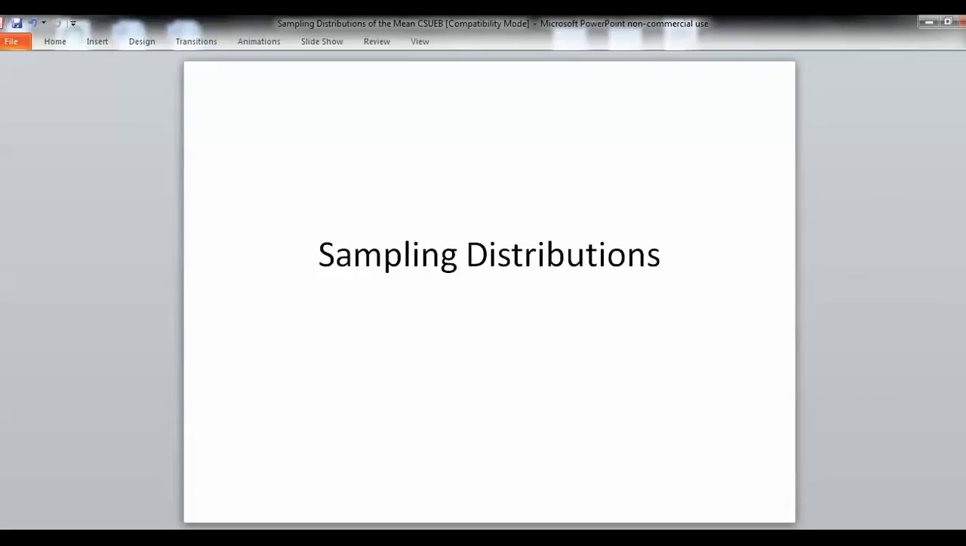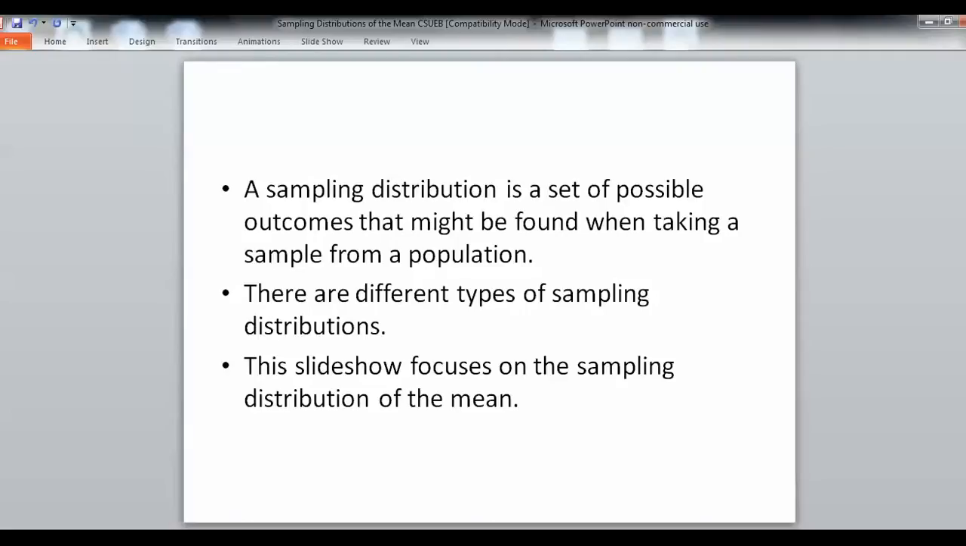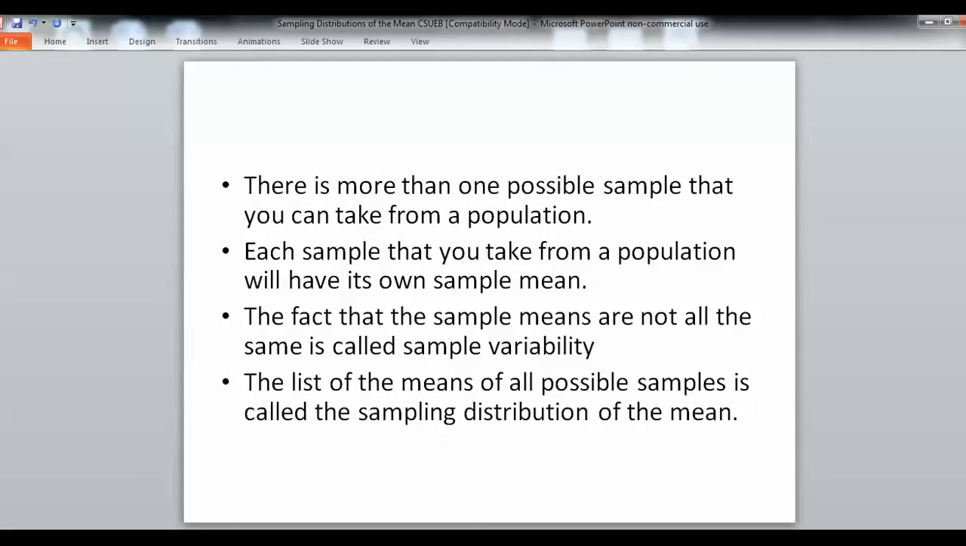When you're first learning about a sampling distribution, the most concrete way to think about it is to think about it as a set of possible outcomes that might be found when you take a sample from a population. And I'll explain what I mean by this. First, we need to talk about the idea that there's more than one possible sample that can be selected from